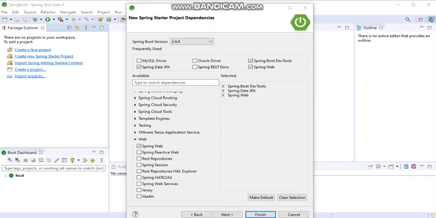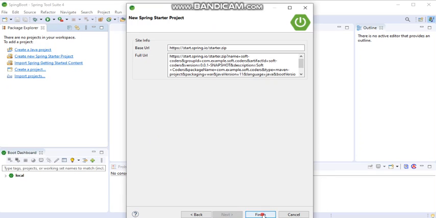Inside it they put multiple dependencies that are used for similar functionality. If I take the example of Spring, before Spring Boot, if you wanted to create a Spring MVC application, you needed to add multiple dependencies inside your pom.xml file. But right now, if you are using Spring Web as a starter project, you no need to add all these dependencies. So this is also the beauty of Spring Boot. Now I'll click on the Next button, and then I'll click on Finish.